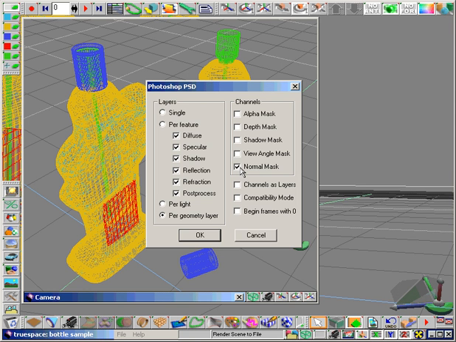Again, there are additional settings as well, whether we wish to have channels rendered as layers, and a compatibility mode that will affect you if you do not have a Photoshop piece of software. And beginning frames with 0 is again something for animation, and we're not too concerned with that as we're rendering stills. So let's select the single layer and do a quick render here,